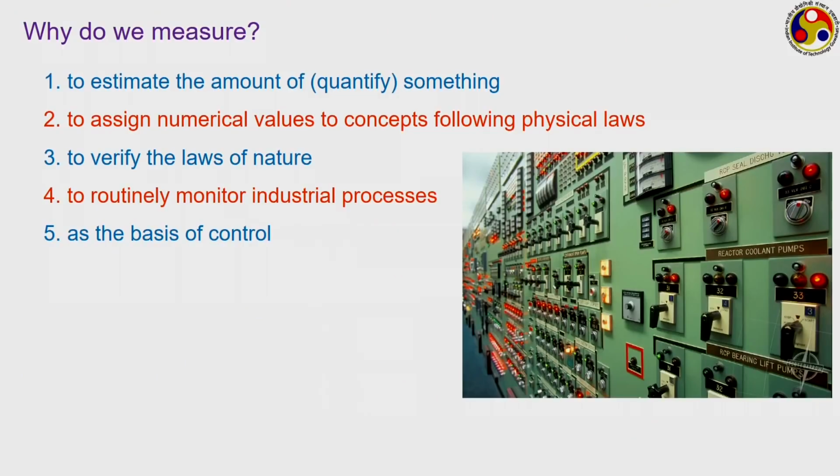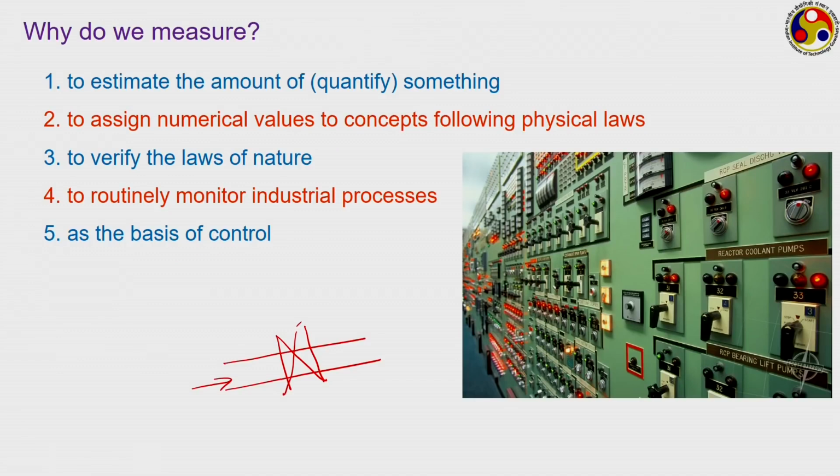Suppose in a simple flow channel, let us say this channel, some fluid is flowing. Now you want to control the amount of fluid flowing through this channel, and for that purpose you are adding a valve to this. Sorry, I am quite poor in using this particular pen, but let me try. Now you want to control the flow of the fluid using this valve, but to control the flow you need to know how much is flowing through this. Unless you have any idea about the flow rate of fluid through this channel, there is no point